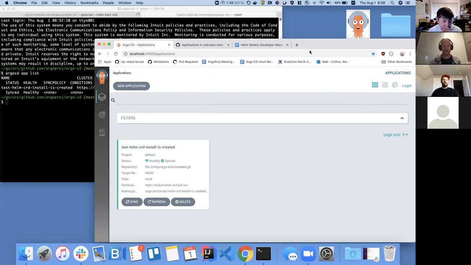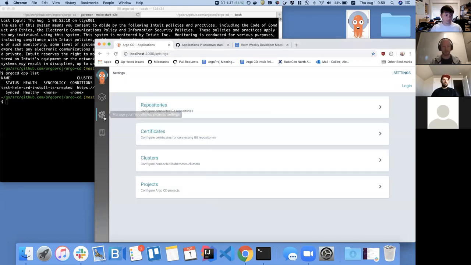Okay, cool. So this is the user interface. There's also a CLI tool. The CLI tool's purpose is really for automation. So often you might use it to trigger a sync process after you've done a Git commit as part of a Jenkins pipeline. So you build your application in Jenkins, update the tag on the manifest, then trigger Argo CD to deploy that to an environment.